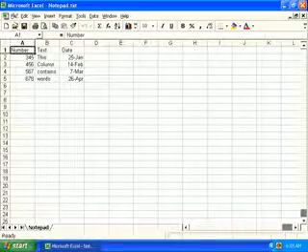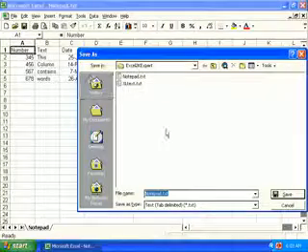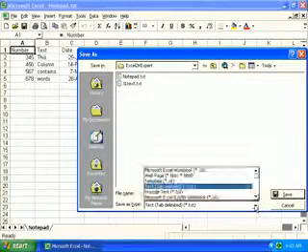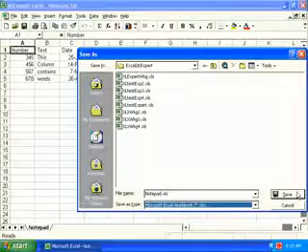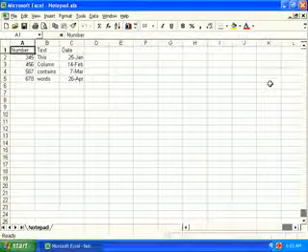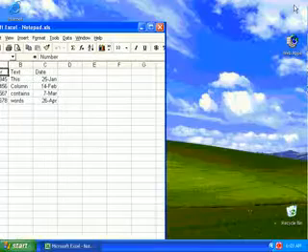And let's go to the File menu and Save As, and we want to save it as an Excel workbook, and we'll save it as Notepad. Now let's minimize